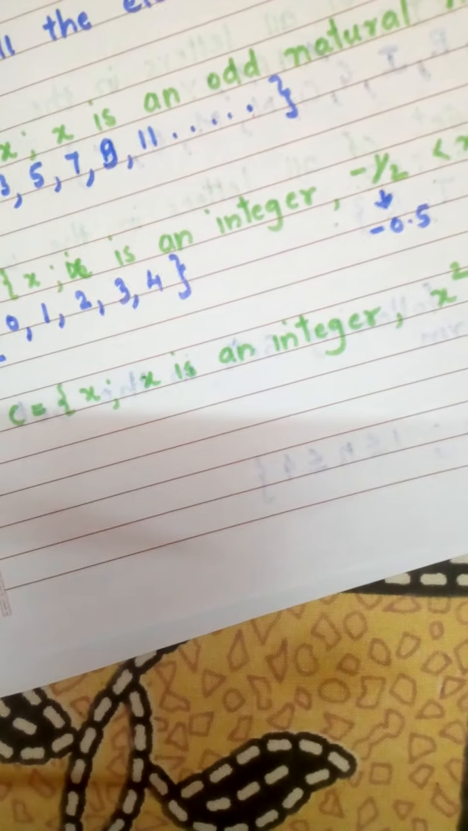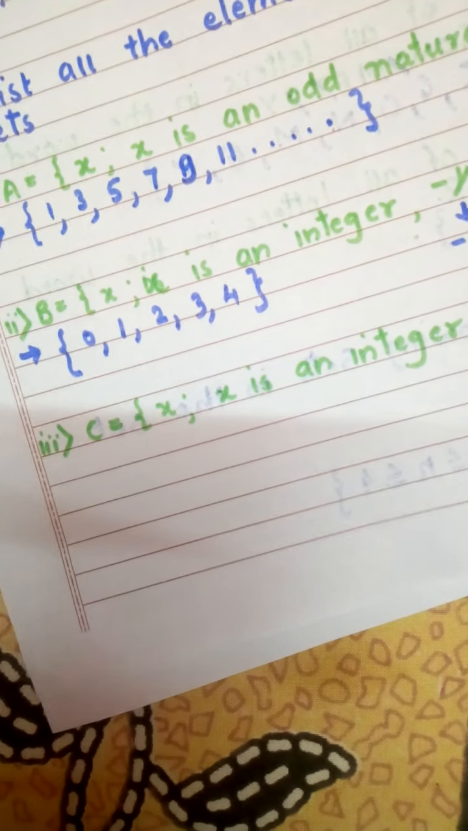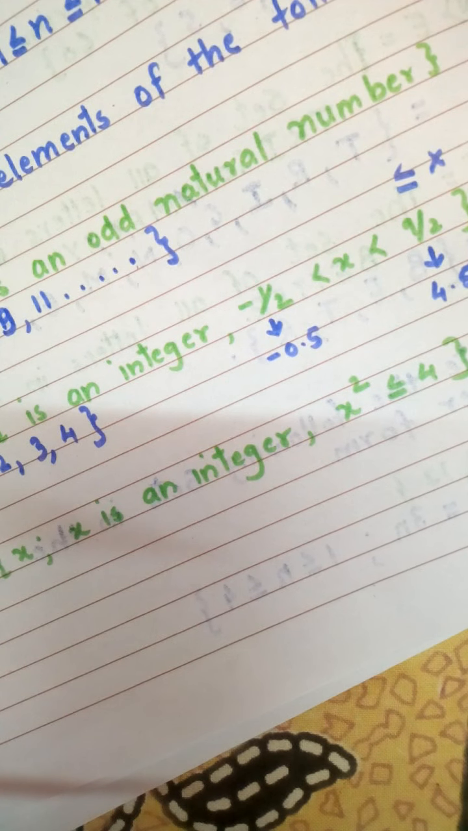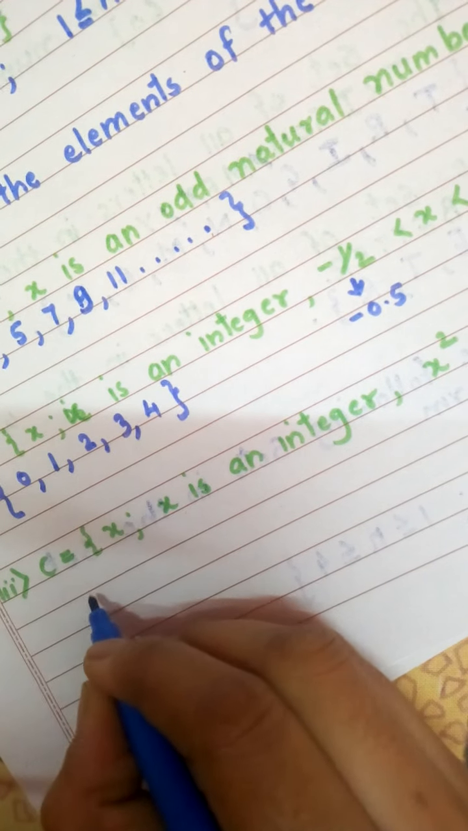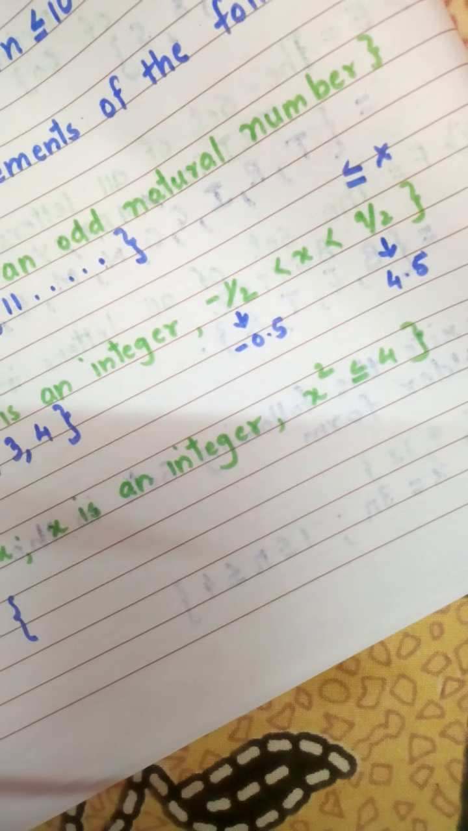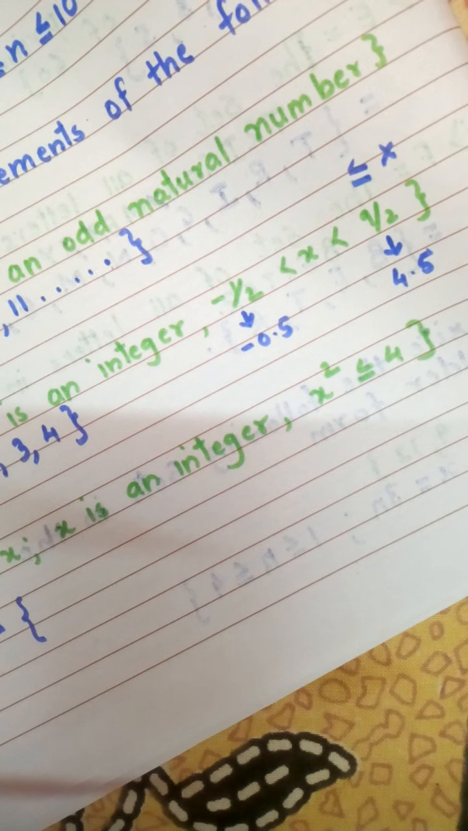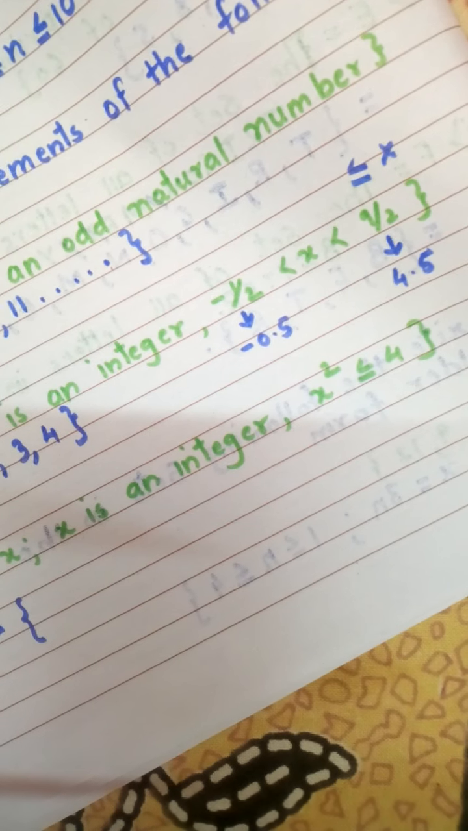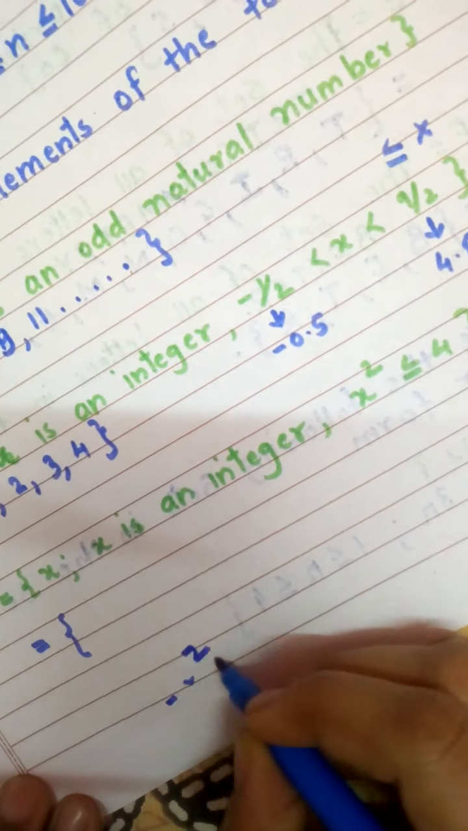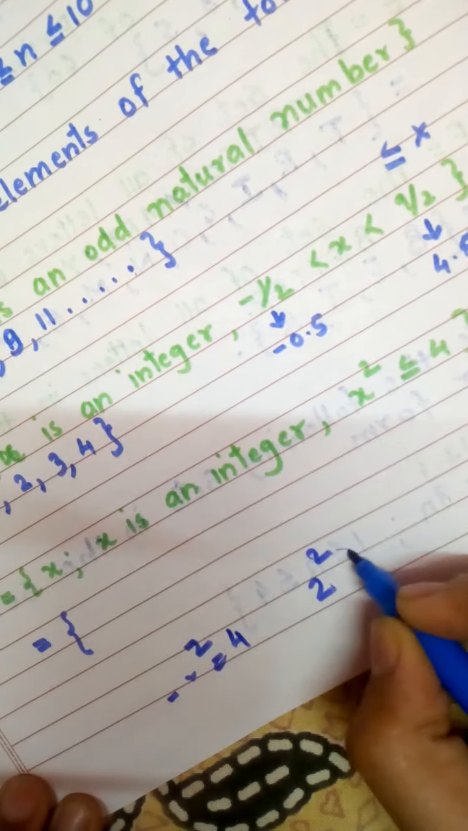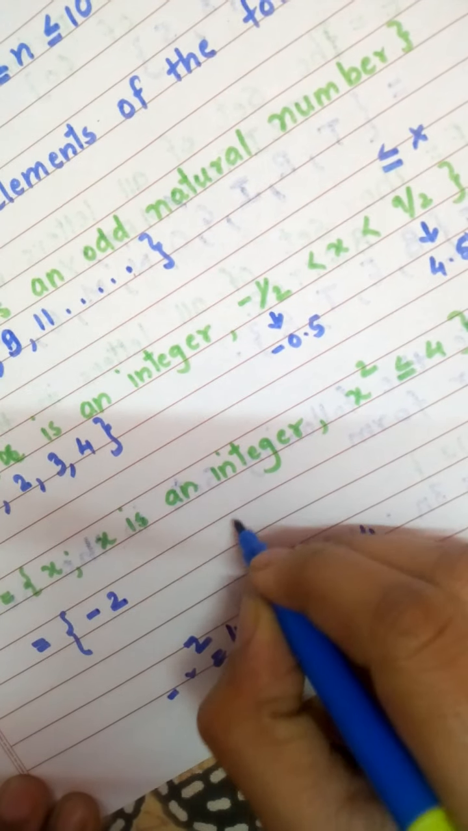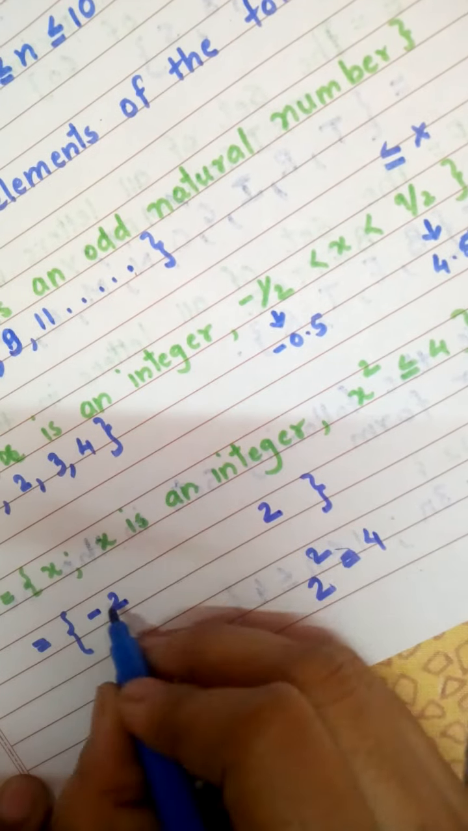Now next question is the third question, that is C equal to {x such that x is an integer and x square is less than or equal to 4}. Now here we have to list the elements, such that x is an integer, and when you square that integer, that answer has to be less than or equal to 4. Now we know that minus 2 square is 4 and 2 square is also equal to 4. So that means here minus 2 will come and 2 will come, and inside we are now writing all the remaining terms